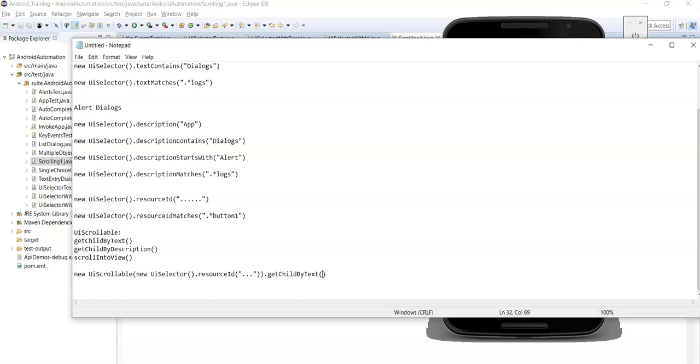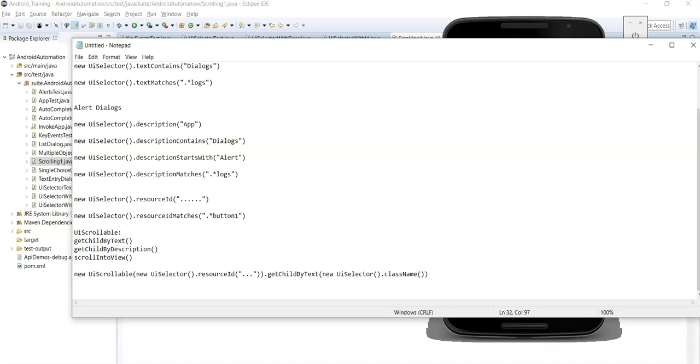First parameter is the locator of the child element. For that, first new UI selector dot class name. You need to use class name here to identify the locator, whether it is a text view or button.